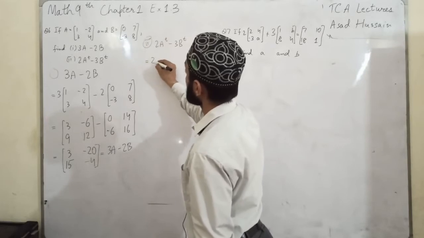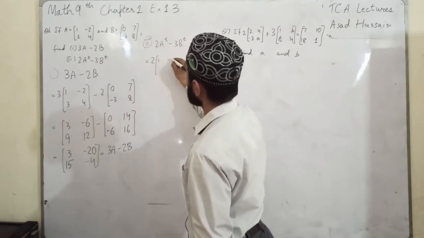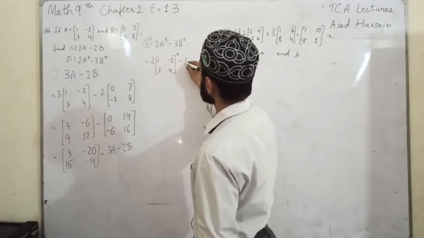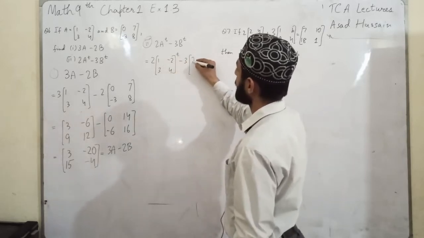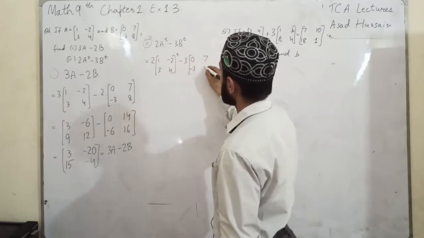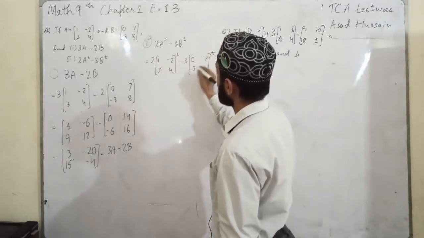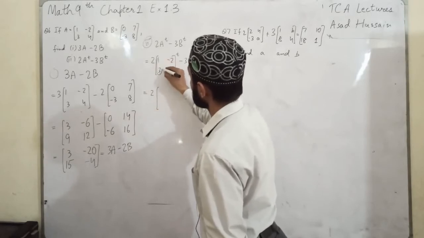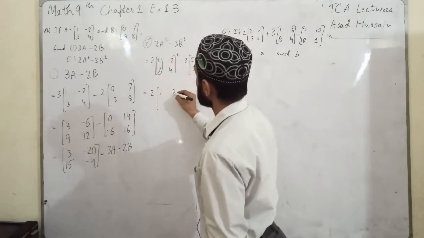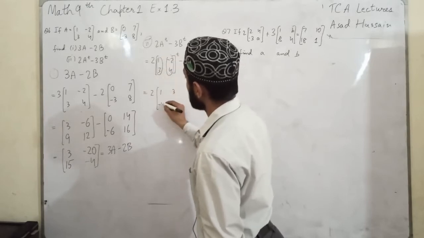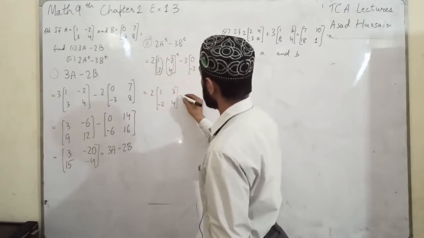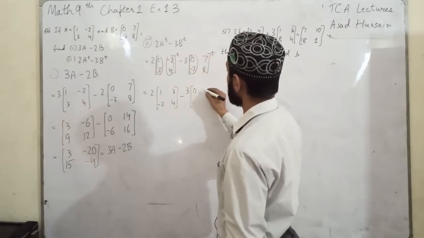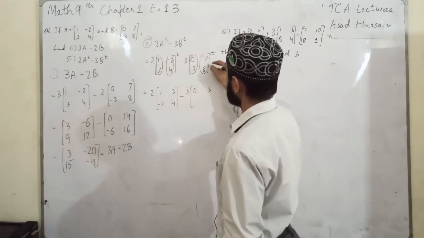Putting the values we get 2 into A, writing this T for transpose, negative 3 into the value of B, which is [0, 7; -3, 8]. Now taking the transpose first, converting this column into a row, we get 1, 3, and this column into the second row, negative 2, 4. Taking the transpose of B, converting this column into a row, 0, negative 3, same for this,